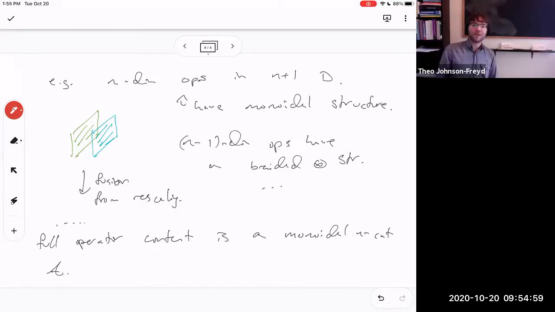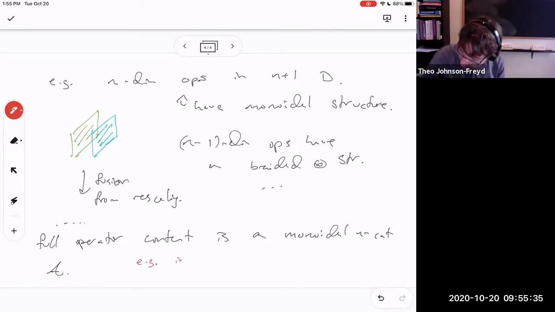So there are surface operators in Chern-Simons theory. You could say a Chern-Simons theory is given by a modular tensor category, and what is a surface operator? A surface operator is something you can insert on a surface. That's the definition. So you can ask what are the ways to go on a surface from a modular tensor category to itself. That's the same as folding it over and asking for boundary conditions for the folded theory.